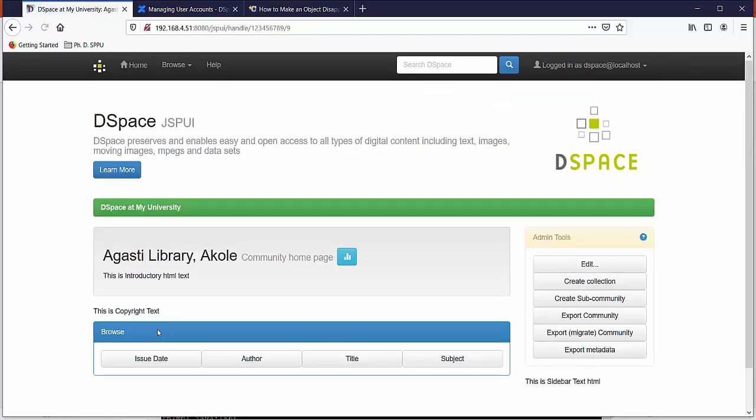Okay, we need to assign the Agasti library, this collection, to this community. We are going to allow access to our newly created account, that is mateyogesh@gmail.com, to allow him to edit the Agasti library Akole community.